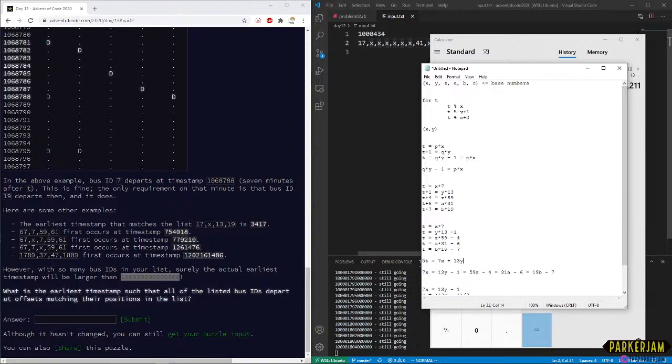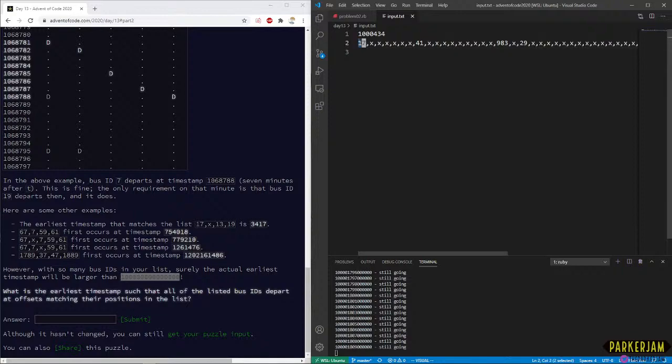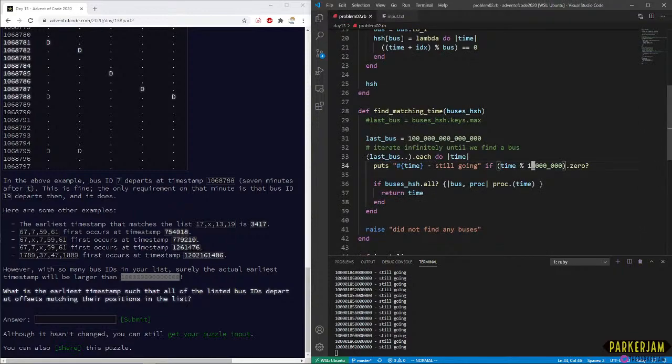Well, yeah, I'm initially going up. I mean, I can't always go up by 17. That's true. That is a valid point. I appreciate the suggestion. We can iterate by this 900 number instead. So if we start from 0 and increment by that, that should still be faster than going by 1.